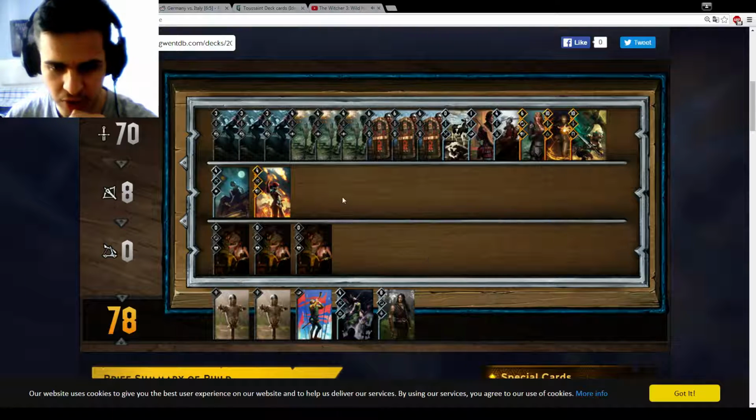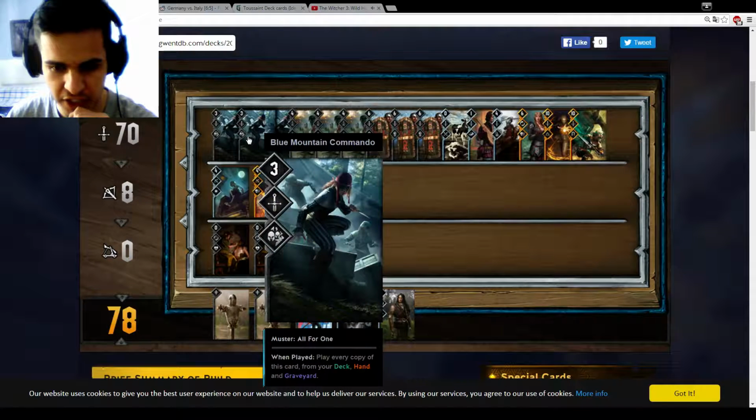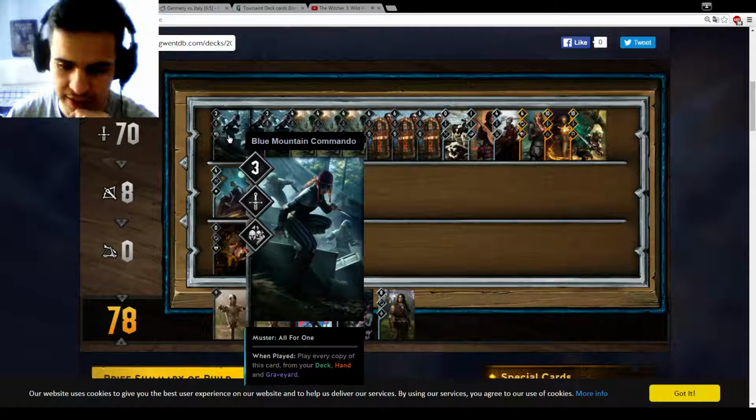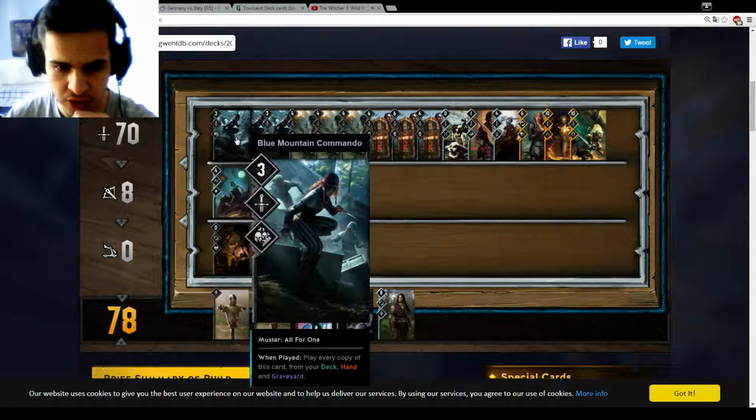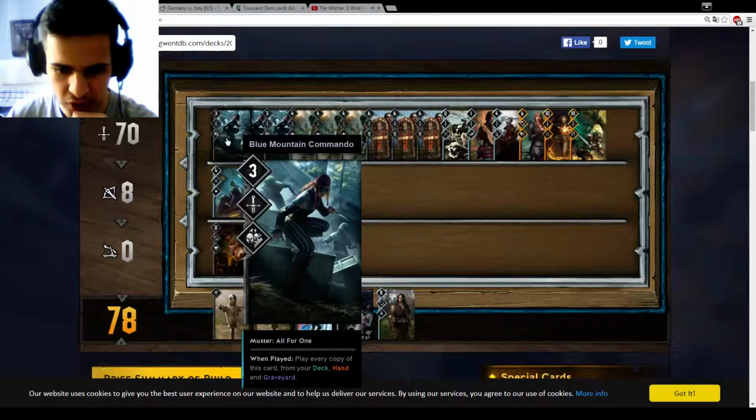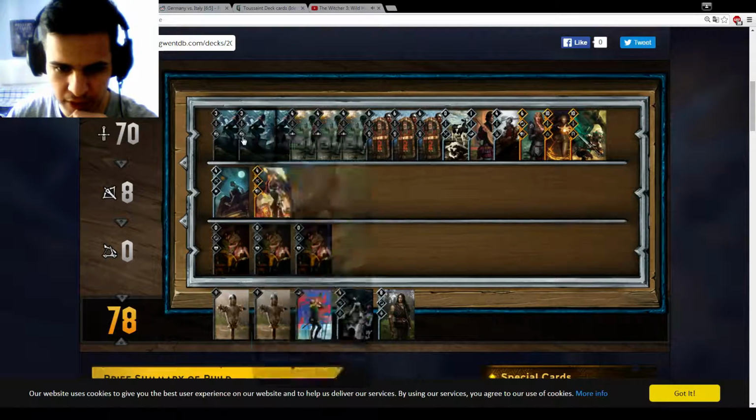So let's go into the cards, since I'm getting a little bit ahead of myself. This is the first card. We play 3 of them. Blue Mountain Commando. Basically what it does is you play it and you get 3 Blue Mountain Commandos on your side of the board. Blue Mountain Commando is a great card. Even though 9 power doesn't seem like that much,